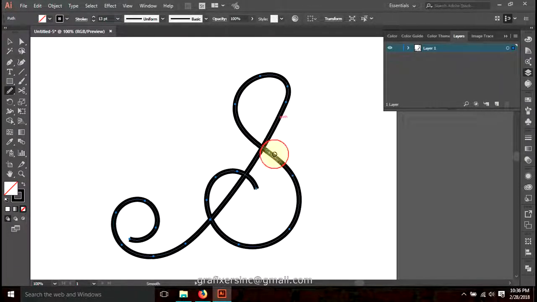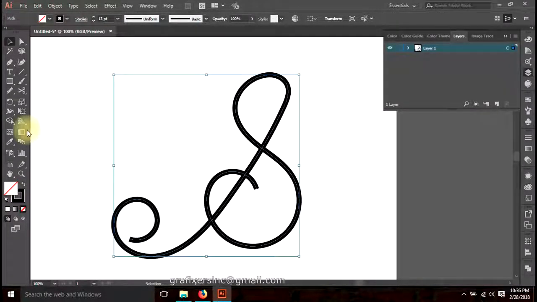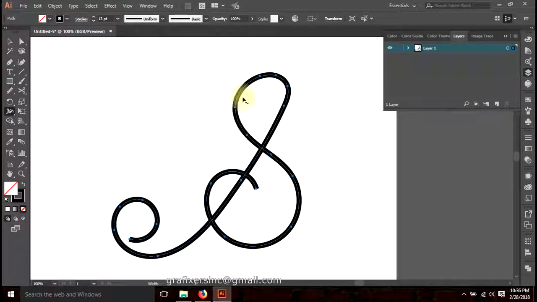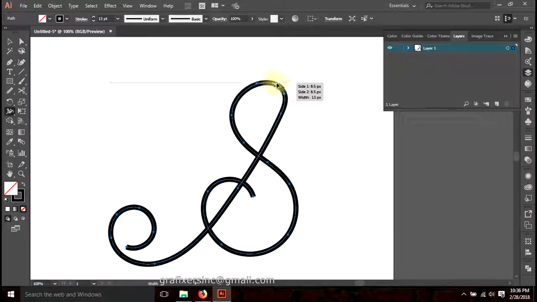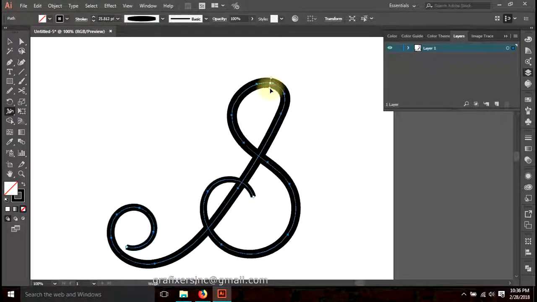the fewer anchor points, the smoother. So here I'm trying to have as few points as possible. So now what we can do, we can go to the width tool, and the rounded corners we can make wider, but not that much wider. And from here we can give it